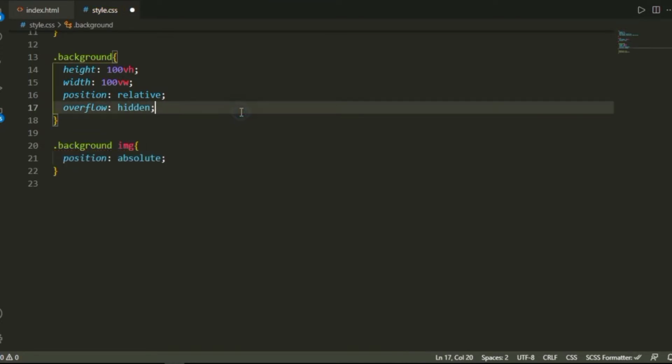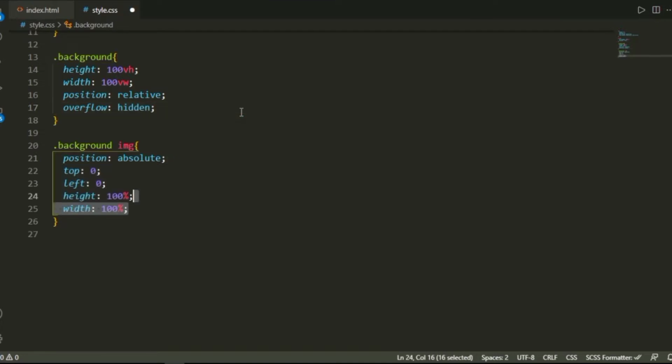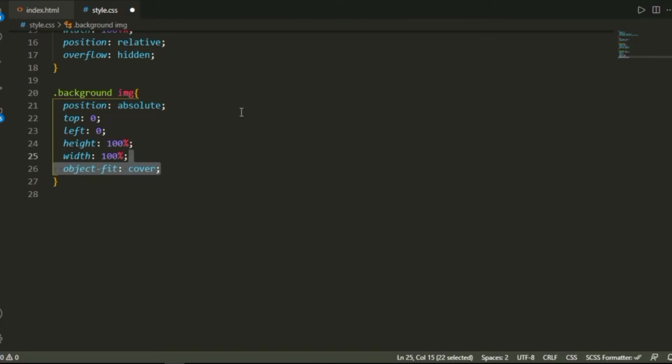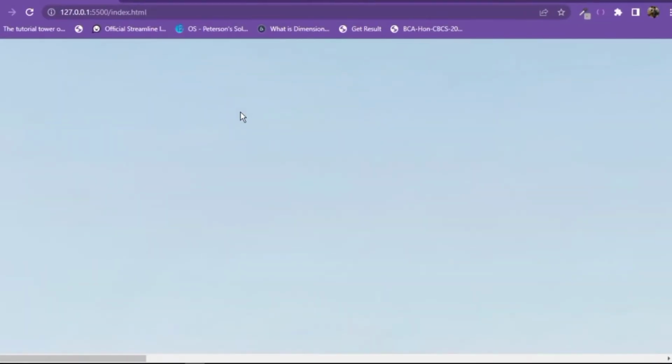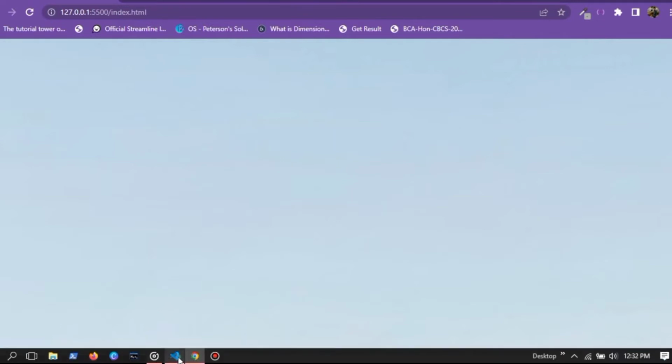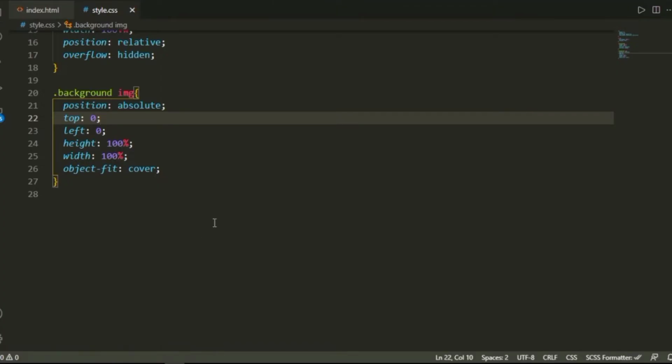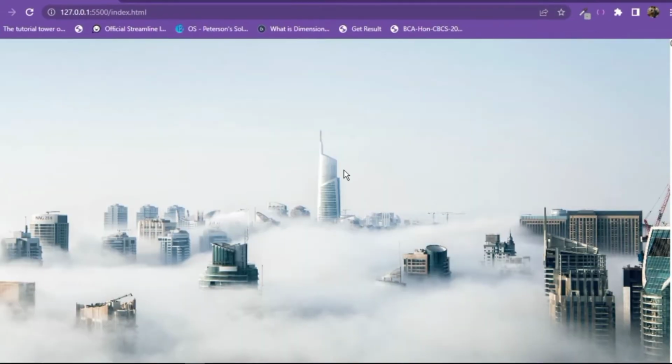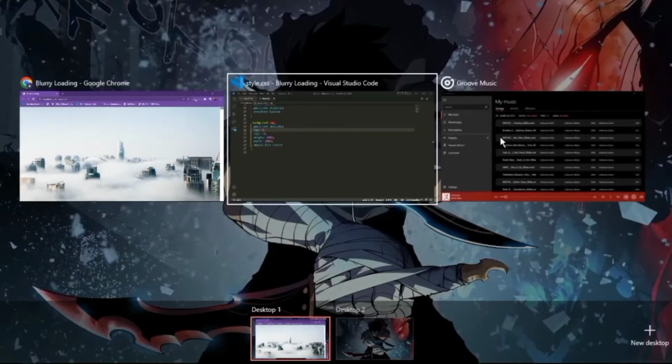Now the image within the background, we're going to position it absolutely as I've said. So I'm going to be giving it top and left as 0 and height to 100% and also width 100% and object-fit to cover so that it maintains its aspect ratio. Now when I save this and I reload, you can see that now the image fits well, and also on the right side you can see that we have the loader